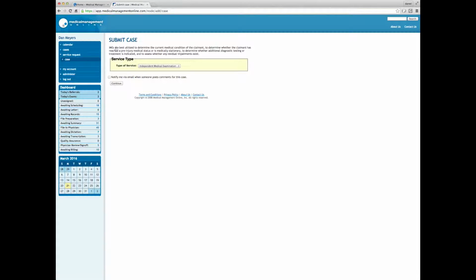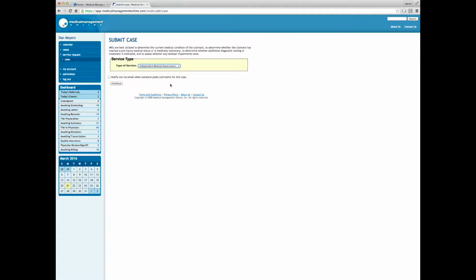Both have the same effect. Immediately, you're going to be asked to select what type of service you are requesting. It defaults to independent medical examination or IME, but there's a number of different audits here, including treatment audit, medical peer review, billing and coding review, an addendum for an IME, another type of addendum, case chronology, kind of open-ended other services, and testimony. So let's just pretend that we're doing